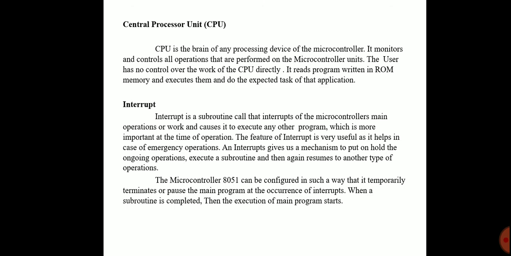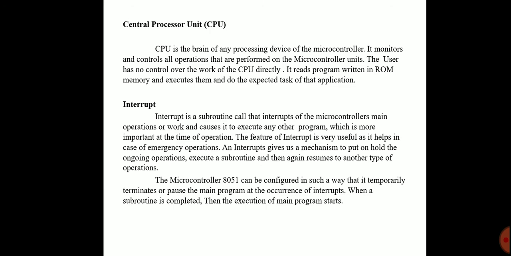And what is an interrupt? An interrupt is a subroutine call that interrupts the main operation of the microcontroller and causes it to execute another program, which is more important at that time. The feature of the interrupt is very useful in case of emergency operations. An interrupt gives us a mechanism to put the ongoing operation on hold, execute a subroutine, and then resume the